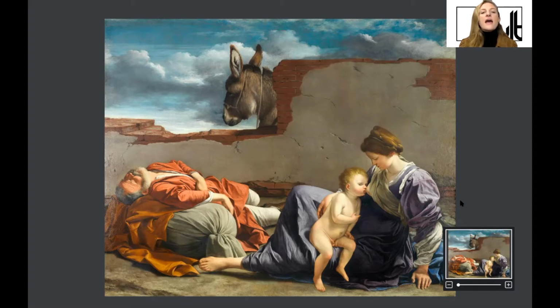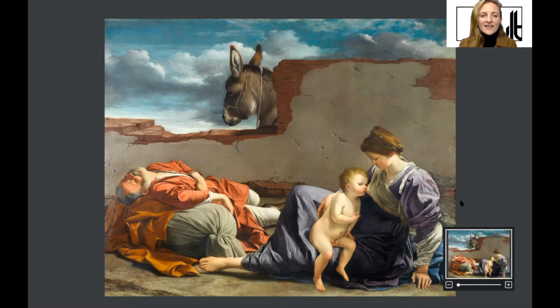Now, here we have one example of many scenes depicting the rest on the flight to Egypt from the 17th century, but we really know of artists starting to depict this moment in the 14th century. And as with the Massacre of the Innocents, the horrific moment that King Herod is killing all of the male Jewish children under the age of 2, and the rest on the flight, this sort of subsequent moment, they can often be found together in series of